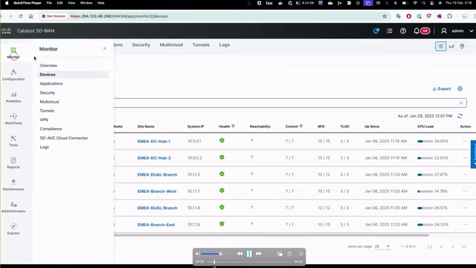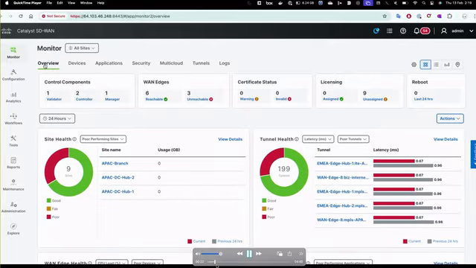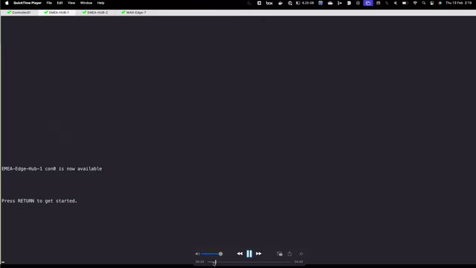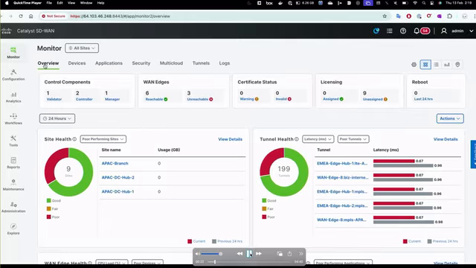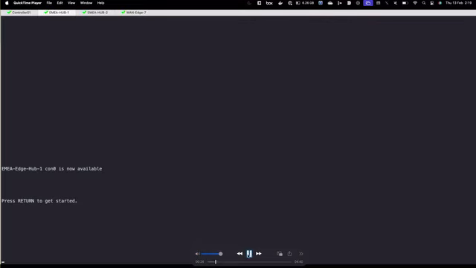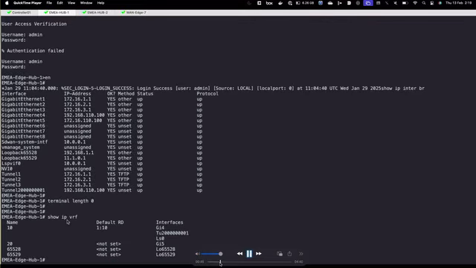So here we can see that we have this. Wait. So EMEA Hub 1. Here we are just trying to enter. Here we can see that we have this VPN 10. VPN 10 is assigned with it